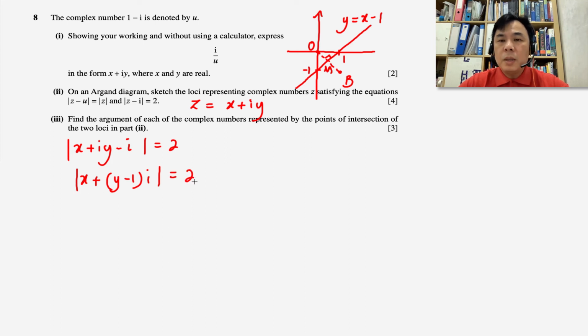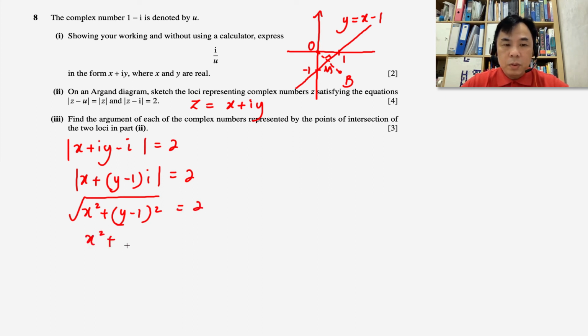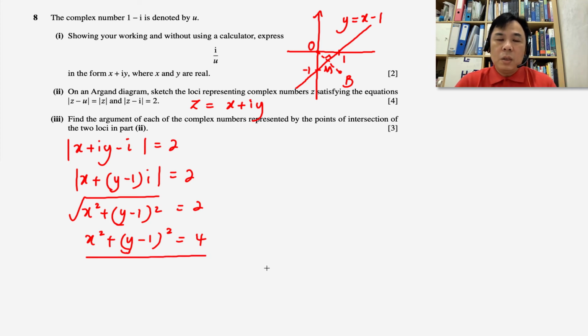And then a reminder again, the modulus represents the distance measured from the origin. That will give us this square root equal to 2. And then with a bit of simplification here, square both sides, we will get equal to 4. And then you will quickly recognize that this is the Cartesian equation that represents a circle